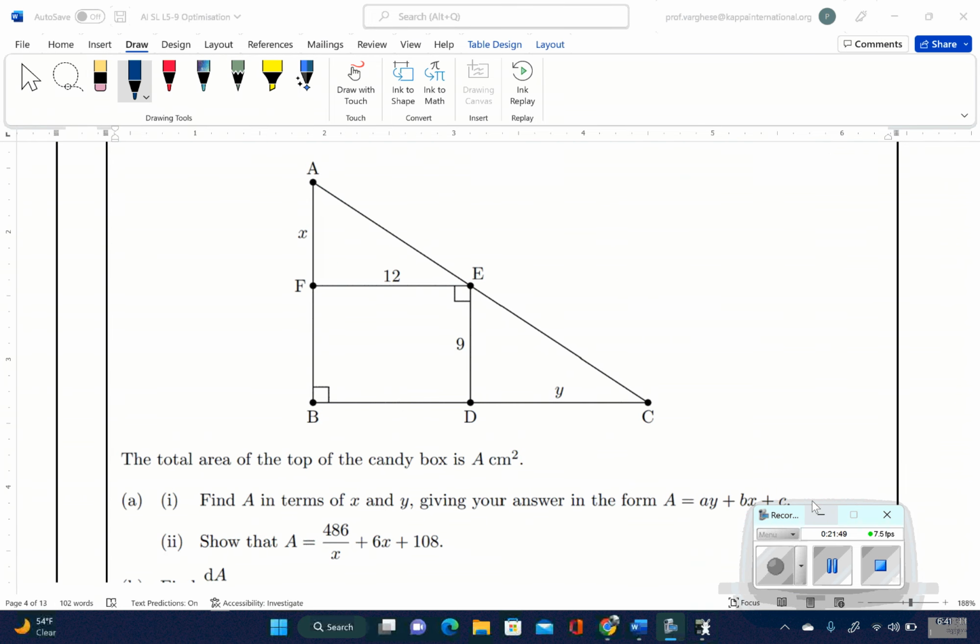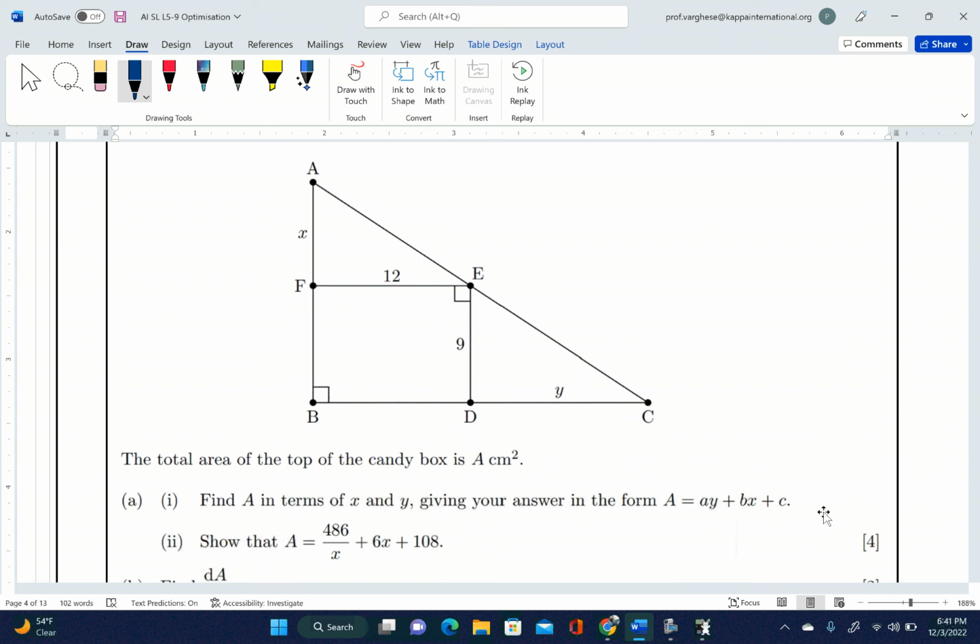All right, so this next question looks way complicated for absolutely no reason. So we're looking to find the total area of the top of the candy box. They're telling us it's A. So A is equal to, I can see 3 shapes here. I see a triangle, a rectangle, and another triangle. So the area of a triangle is 1/2 base times height. My base they're giving me is 12. My height is x,